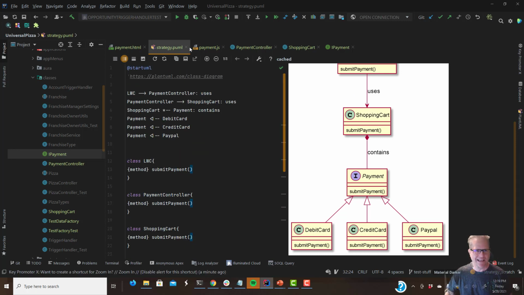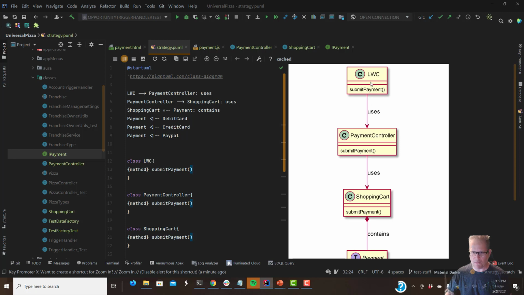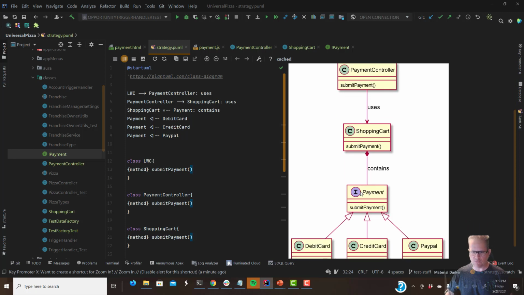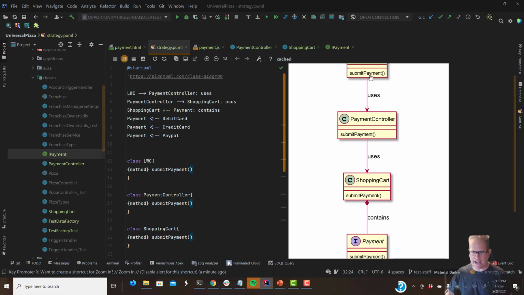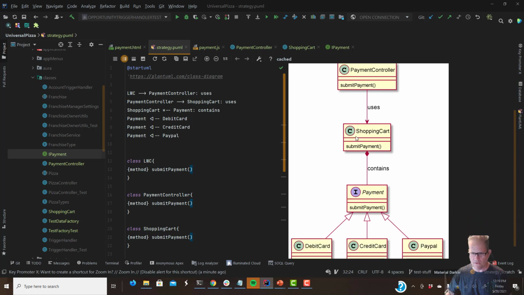So let's close that out, and you can see the dependencies, right? This is what we want. So the controller, but we can also swap any of these out, right? And our front end is never going to know. Our payment controller, never going to know. Heck, our shopping cart is never really going to know, right? As long as they implement iPayment and we're using composition,